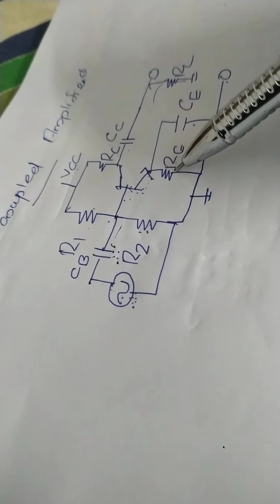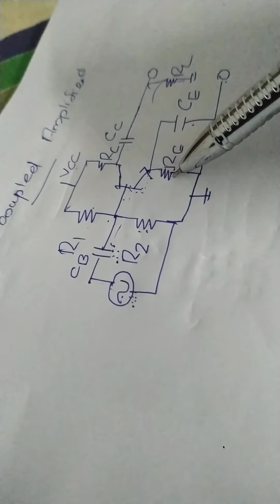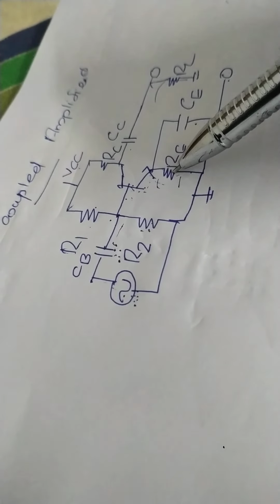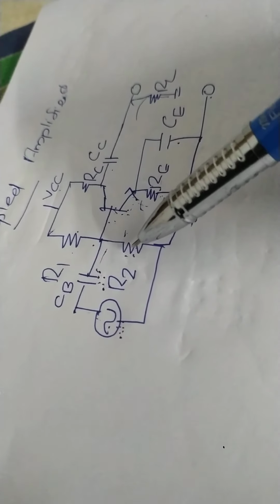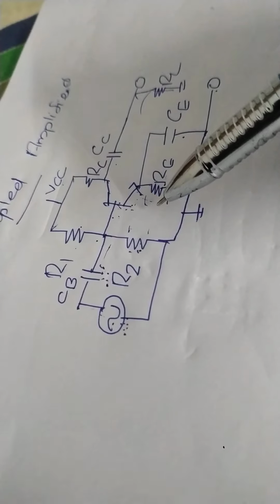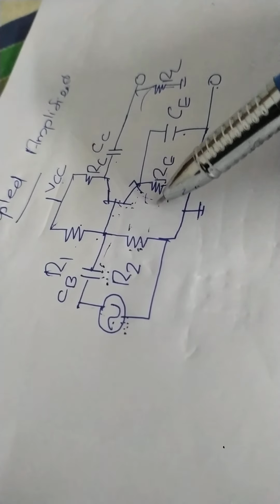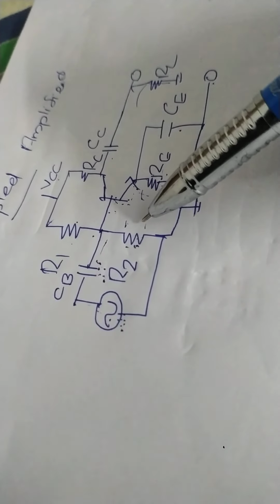When the emitter current flows through this resistor, a voltage is developed across the emitter resistor, with plus and minus polarity as shown. So the voltage across R2 is subtracted. The total input voltage is the voltage developed across R2 minus the voltage developed across RE, the emitter resistance. So the input voltage will reduce.